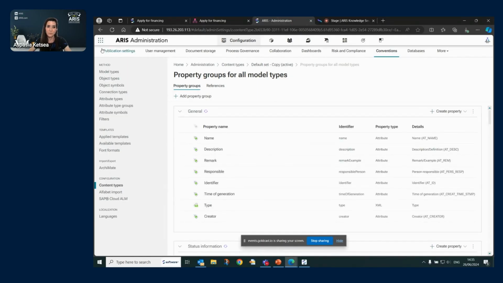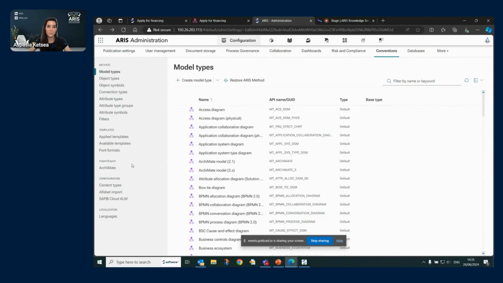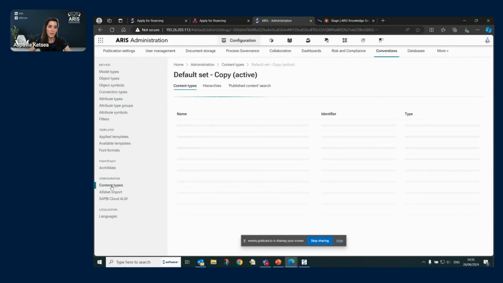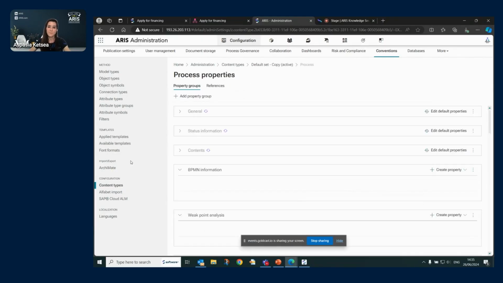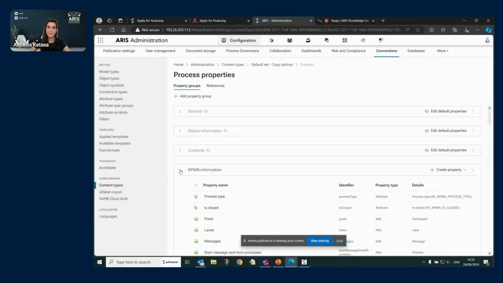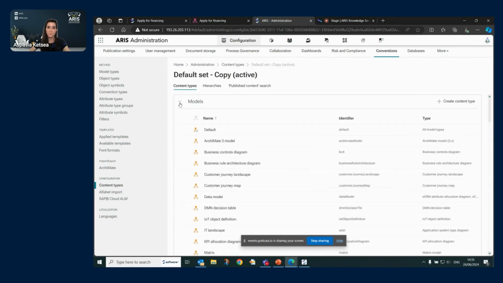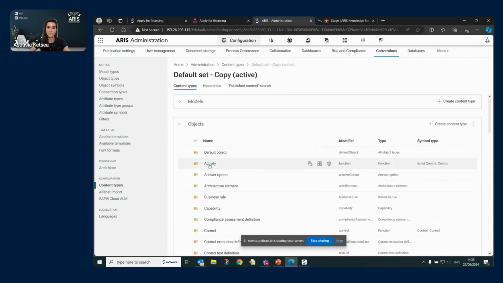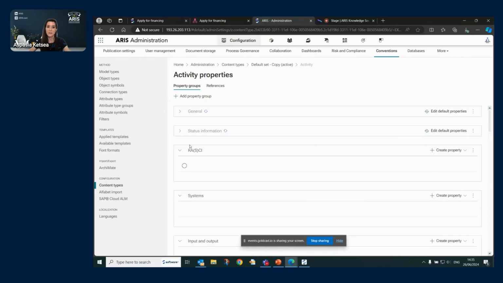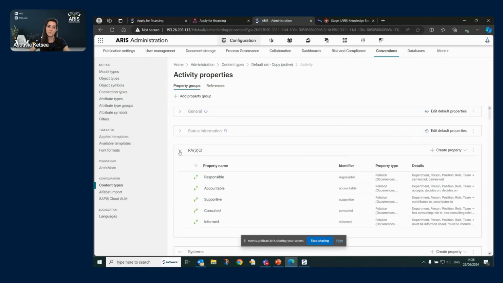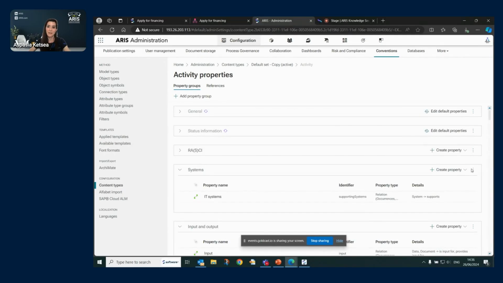I don't want to go to too much detail. I just want to make the link of how I can do things. And maybe now that I have shown already the one for the process, I will navigate and I will go to activity. Again, I will click on it. Here it is. All the tabs here, I can as well change the order of them. I can delete them, or I can just go and